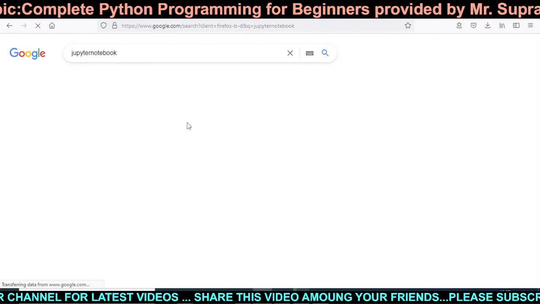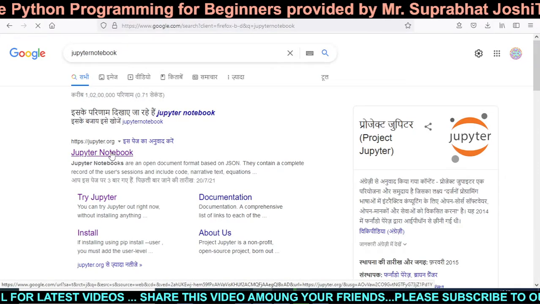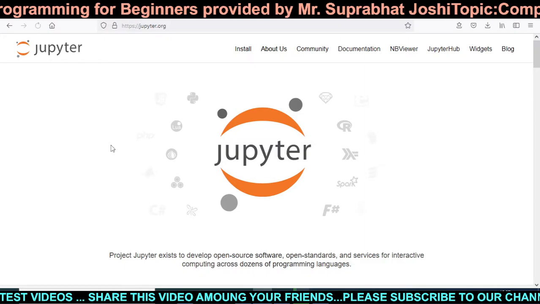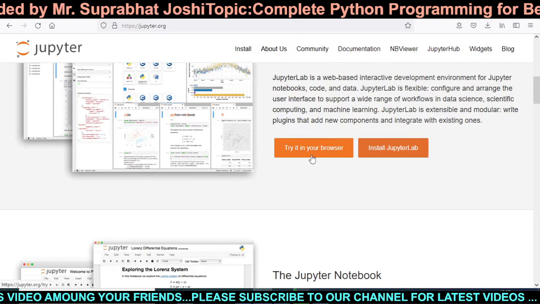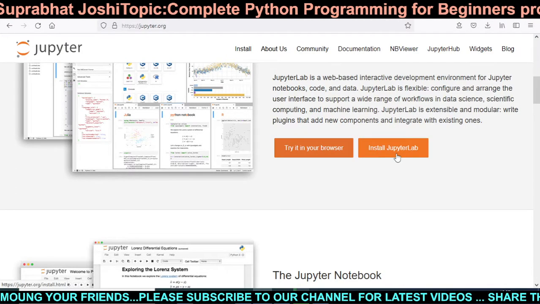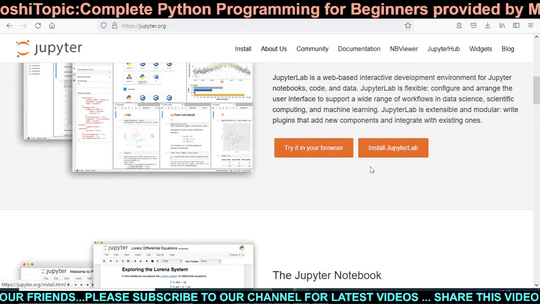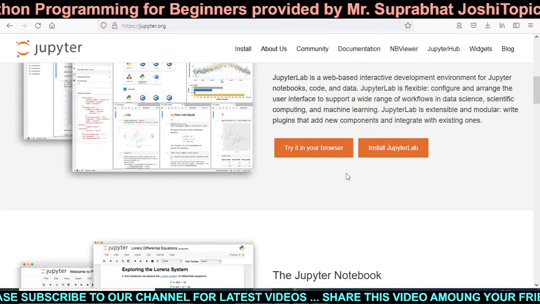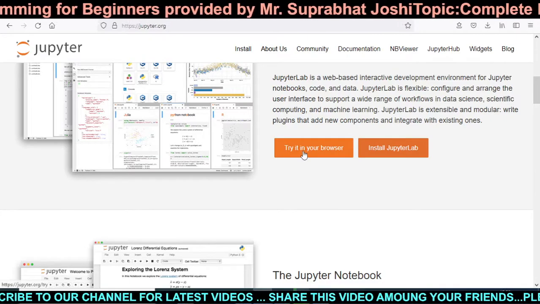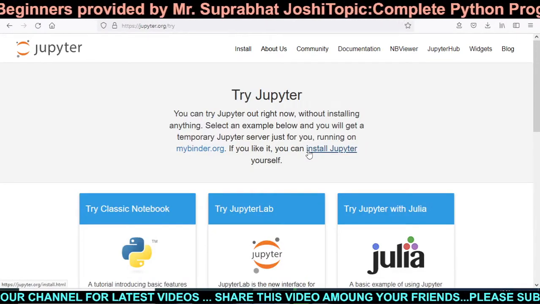Then you can see Jupyter Notebook. This is the official website jupyter.org. When you scroll, you will get two options: try in your browser or install JupyterLab. I don't want to install JupyterLab because I already installed Python. I want to use this online in the browser. To try in your browser, click on try in your browser.